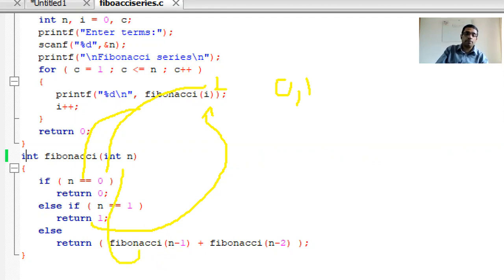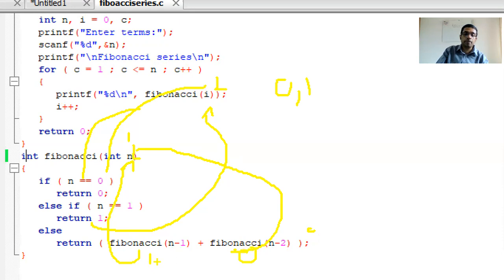So it will call the function Fibonacci recursively. Now the value is 1, so it returns the value 1, and we will get the value 1 here. Now on the right side, Fibonacci of 2 minus 2, which is 0, it calls this function recursively. Here 2 minus 2 is 0, n equal to 0, so this call will return the value 0.